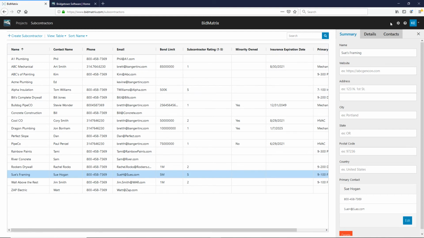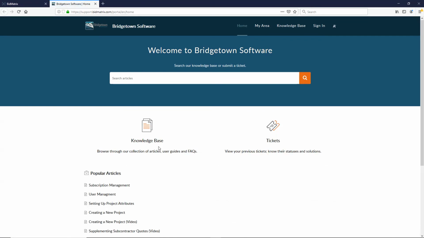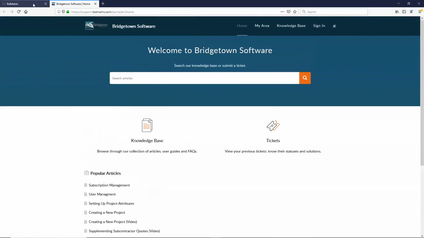And as we follow across the title bar farther, we'll see also that we've got settings. So this is where we're going to go into when we start talking about setting up those attributes for a project or setting up those attributes for a sub. It's also where we're going to go and set up any users to the system, update our subscription information, some of those type of things. And then help will bring me into a help screen. So that way they've got a knowledge base where you can do searches or see most popular articles and so forth about the product.